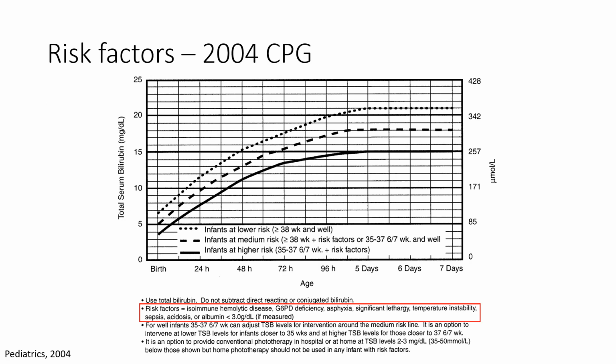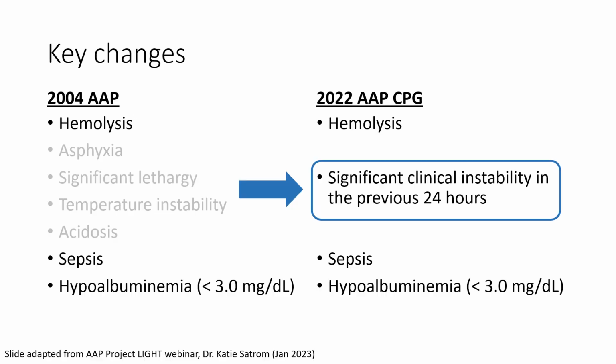Let's talk about 2004 compared with 2022, the risk factors. Did they make any changes in the risk factors? So neurotoxic risk factors are technically new to the 2022. The 2004 had different neurotoxic risk factors, categorically placed as hemolysis, asphyxia, significant lethargy, temperature instability, acidosis, sepsis, or hypoalbuminemia. In contrast, in the 2022, they did not touch the hemolysis,